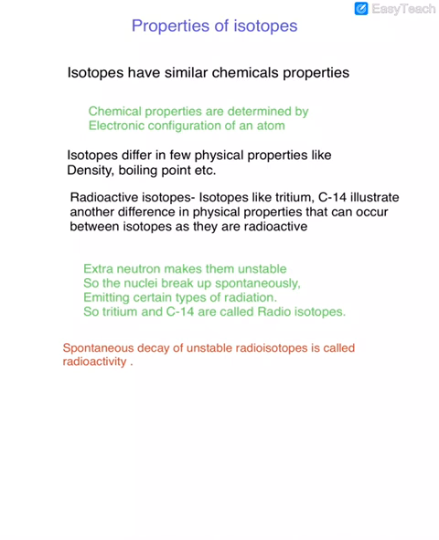Second point is, isotopes differ in few physical properties like density, boiling point, etc. Physical constants or physical properties generally dependent on the atomic mass or mass number, and isotopes have different mass numbers due to the difference in number of neutrons. So there is the difference in number of neutrons. So due to that,